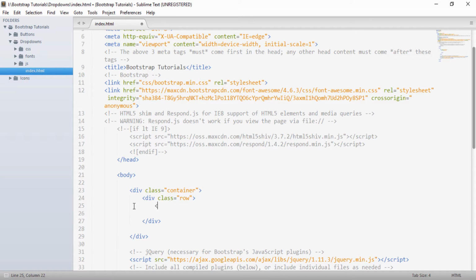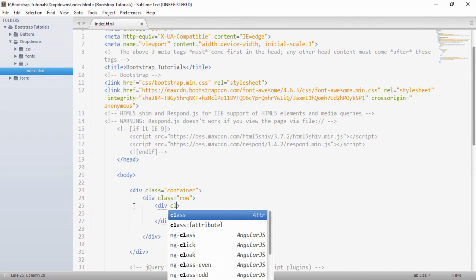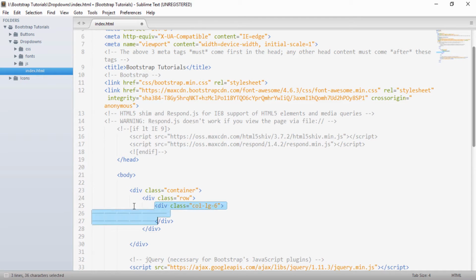So here I will create one div having a class of column lg6, and copy this.